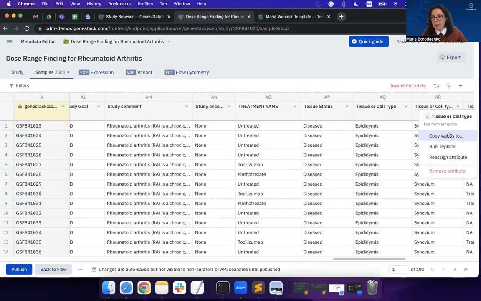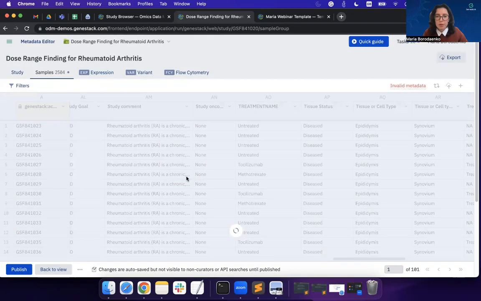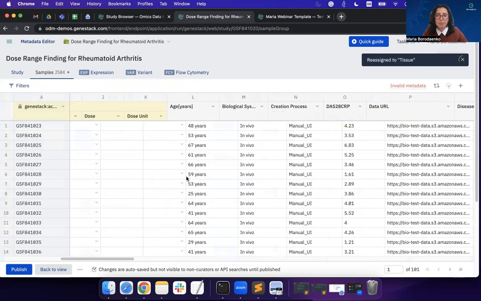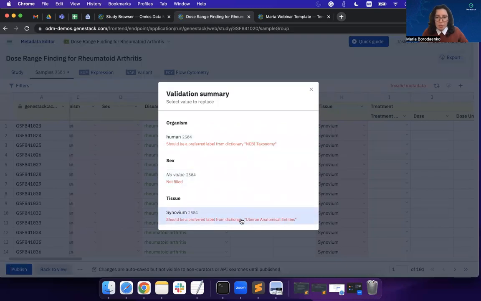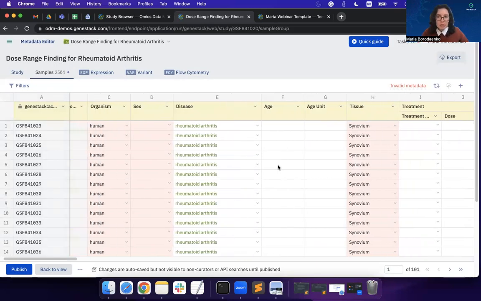So, okay, for example, I can just reassign this attribute and say, okay, that's good. Just in my template, that's called tissue. So let's just put those values there. And now I can see them here. It's still the thing that they are not from the Oberon anatomical entities, but this is something that can be fixed later on. But the overall idea that it's very handy and pretty nice if I want to do this